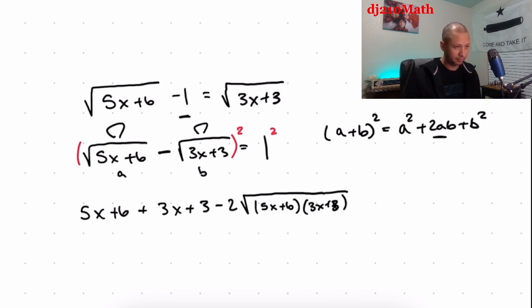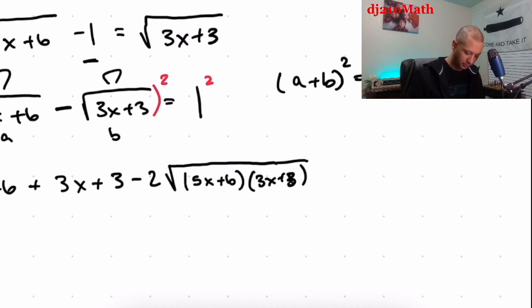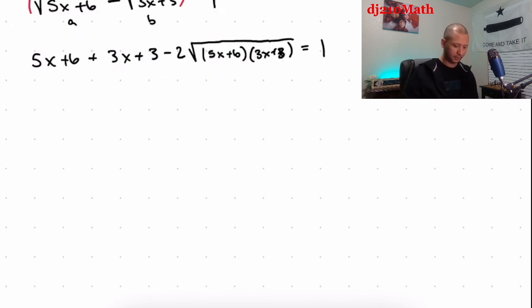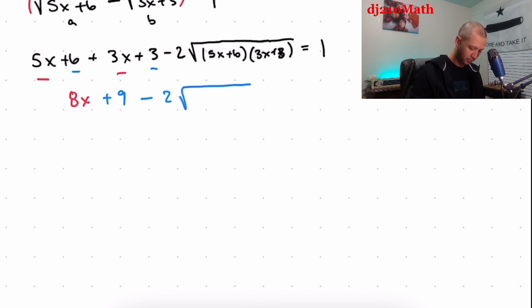Multiply the inside parts. I'm not going to FOIL that out just yet. All right, and this is going to be equal to 1 squared, which is 1. All right, let's combine some like terms. So 5x and 3x is going to make 8x. 6 and 3 are going to make 9. Minus 2 with all that